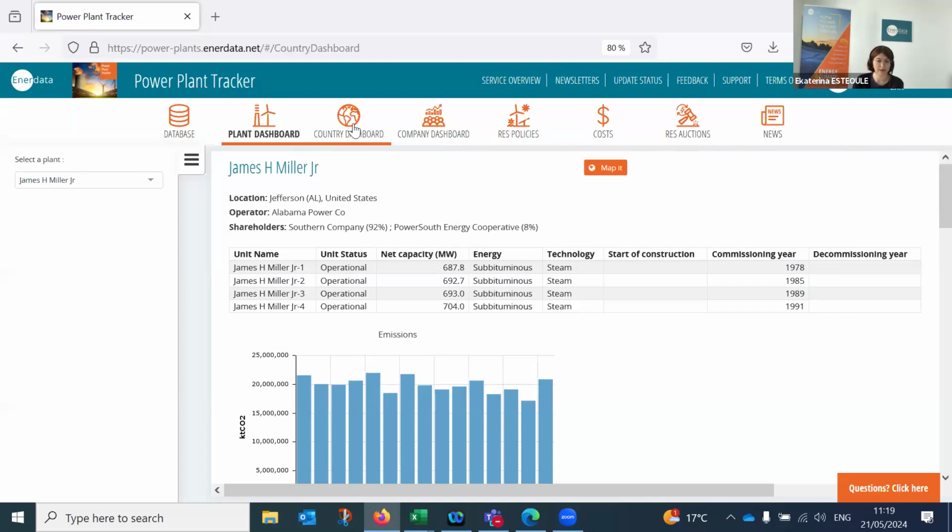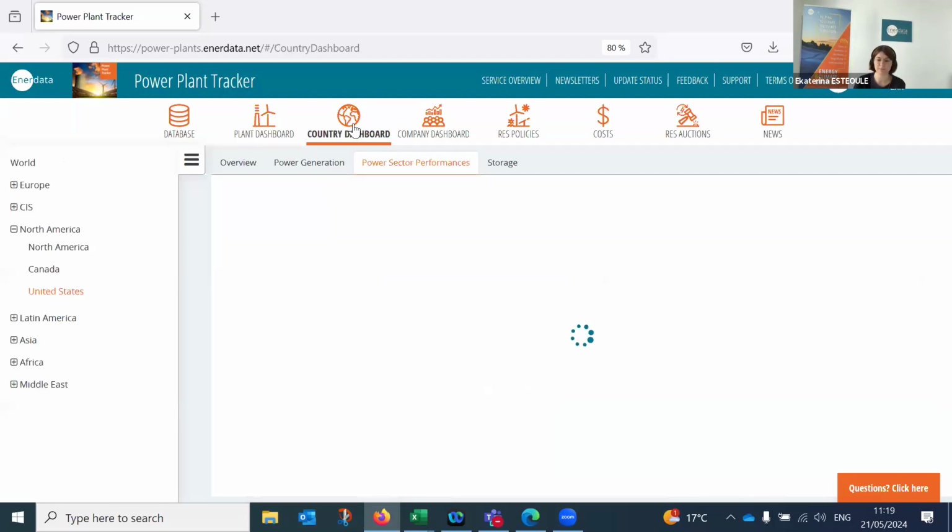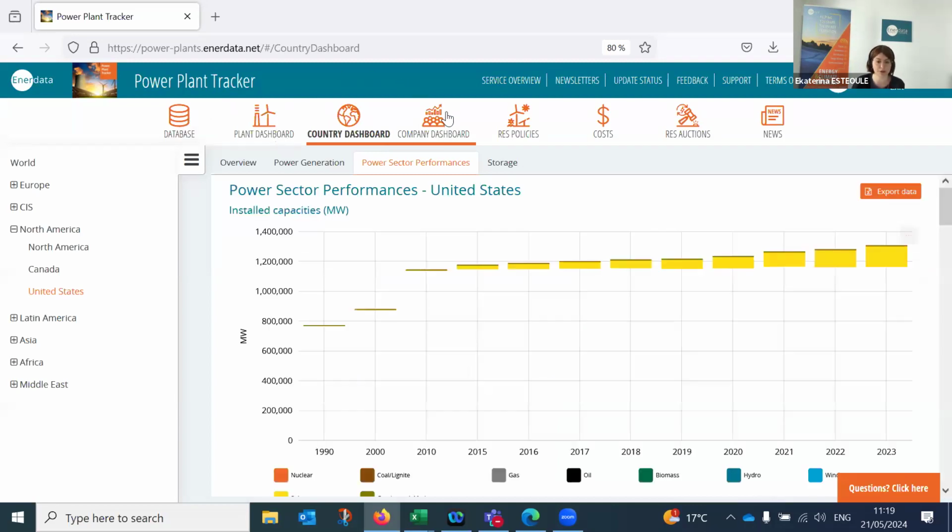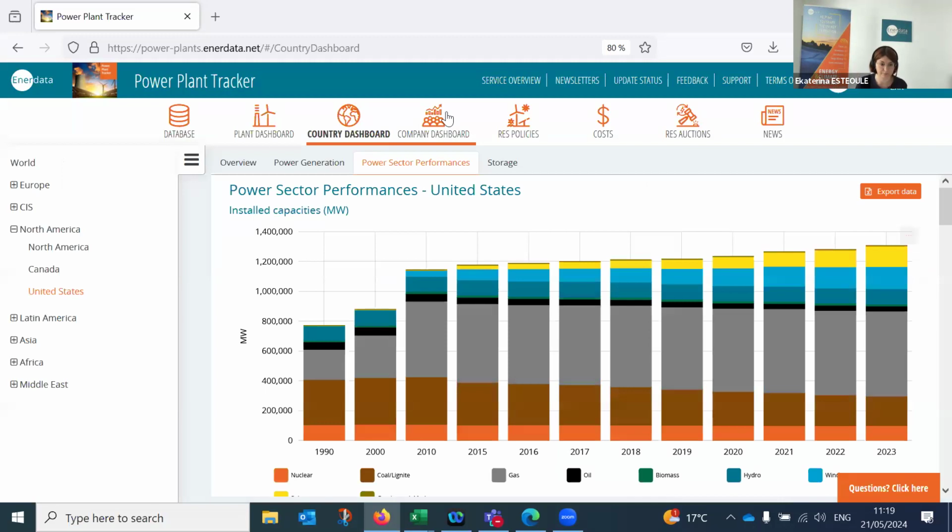So, country dashboard. In the database plant and company dashboard, you will find information on unit level or plant level. But here, if you require aggregated information on country level to make a specific study on a country or set of countries, you don't need to waste your time searching in other information sources, because we already gathered this information and made it available for you in our country dashboard.